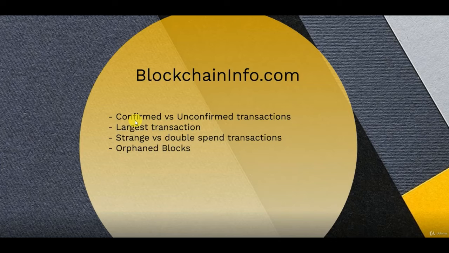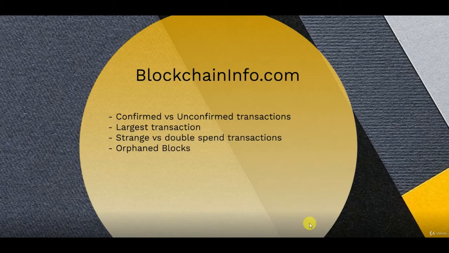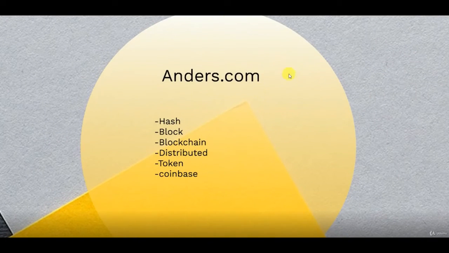And then we are going to see what the largest transaction is all about, and what a strange and double spend transaction is, and what orphaned blocks are. We are going to see everything about all these concepts in blockchain info in another few minutes. This unconfirmed and confirmed is very interesting. And in the Anders website, you will learn what the hash is,